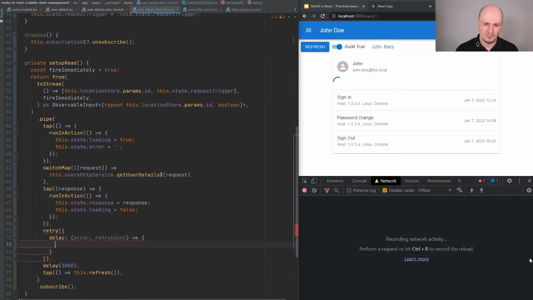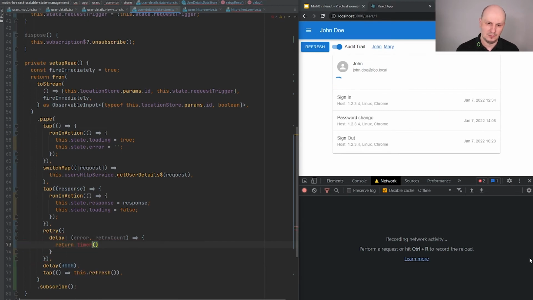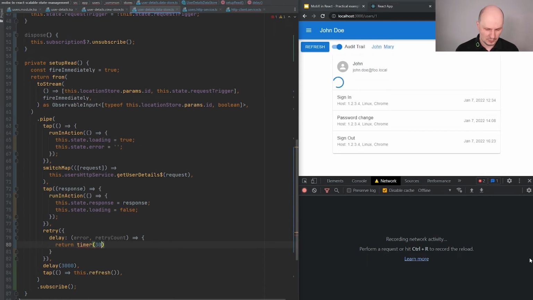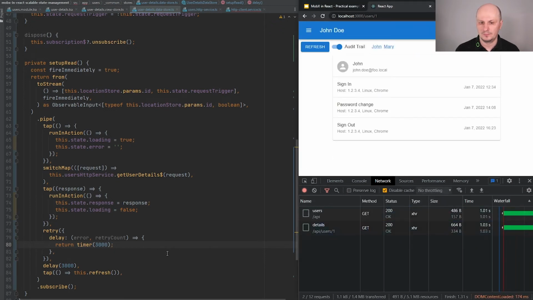And we can return timer here. So for example, every 3 seconds, when backend is failing, then this stream will try to repeat.